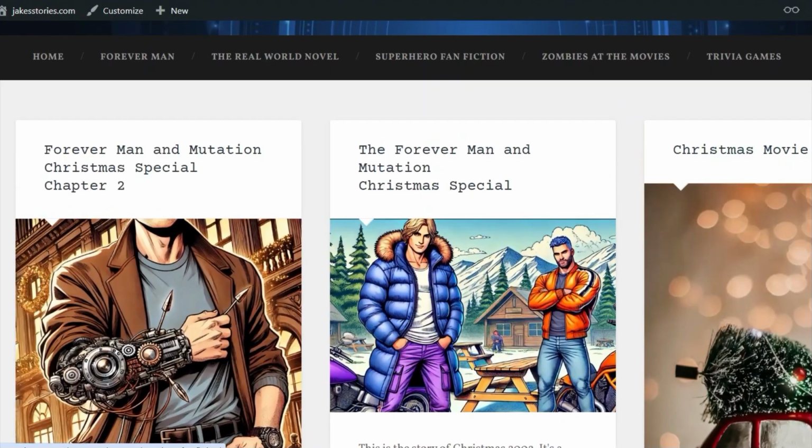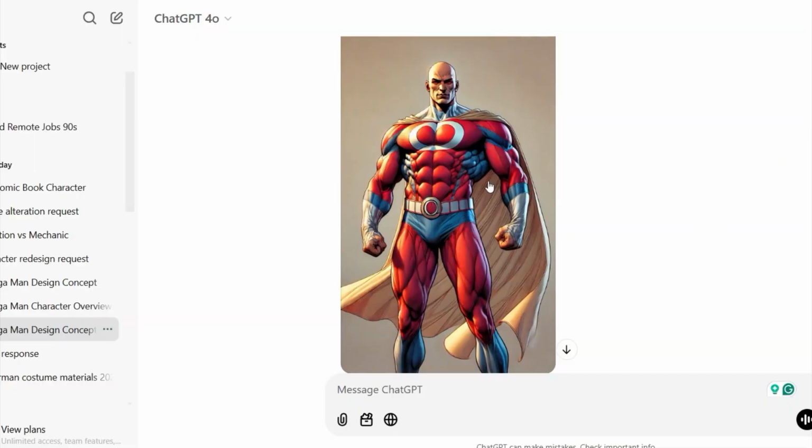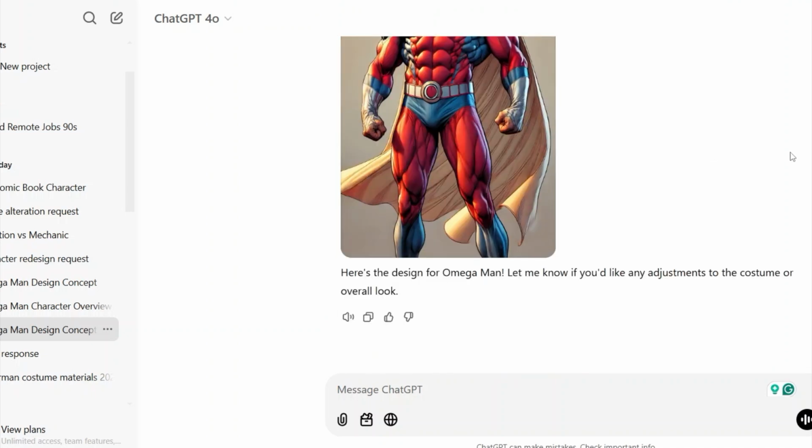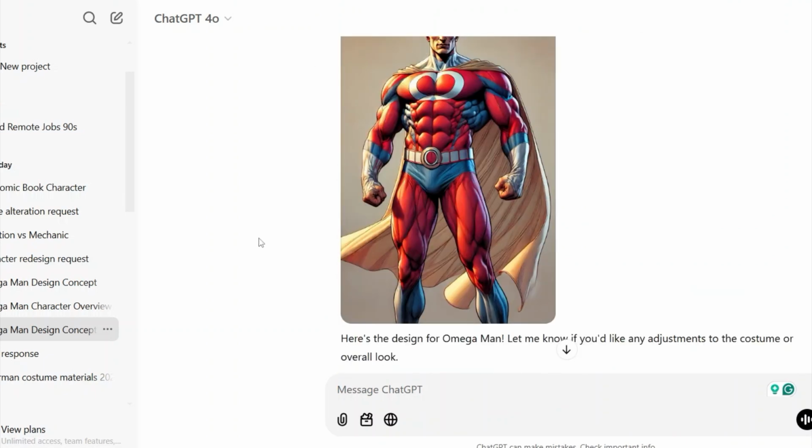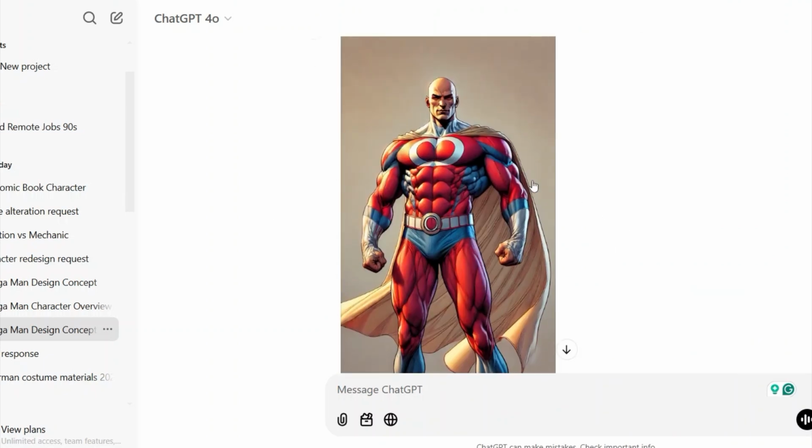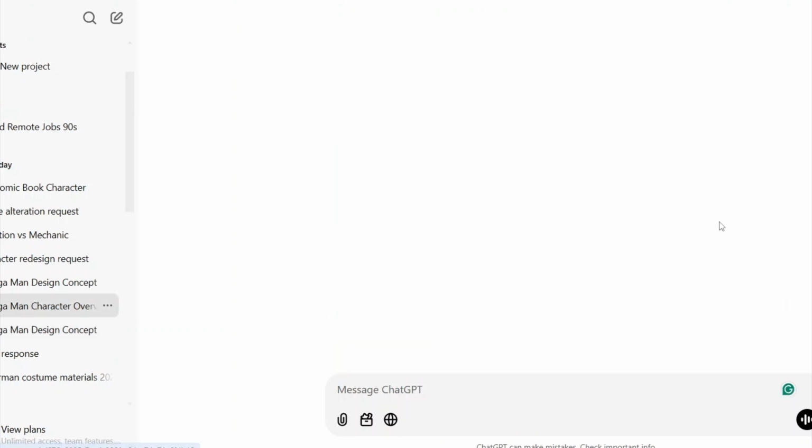It's really cool. It looks really cool. I did find another character named Omegaman in the past, but mine's gonna be worded a little bit different, and I'm gonna do my best to try and steer away from that design. I mean, that Omegaman design is still very reminiscent of Superman. Turned out pretty well. I can't remember why I had to jump over to a new chat, but yeah, it just doesn't quite have the complete Omega symbol there. Let's look at this one. All right, let's go back here.